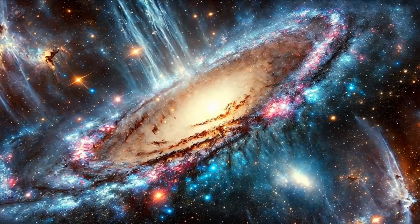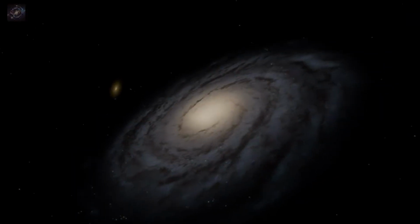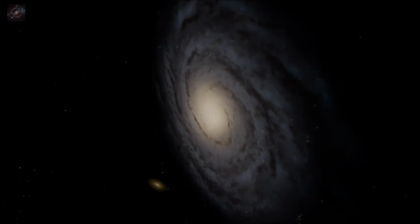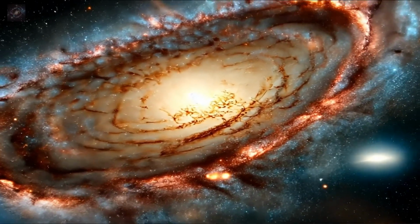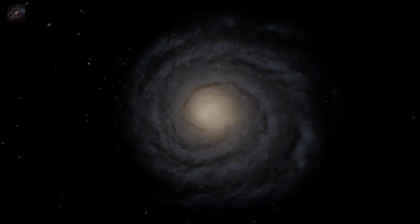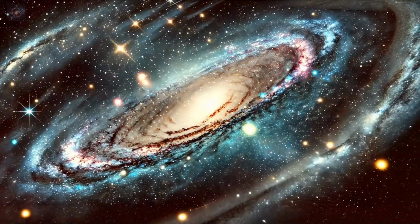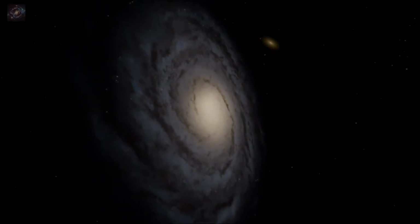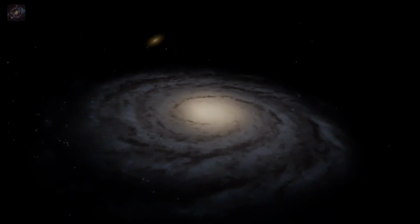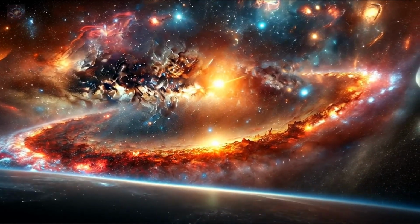spectrum. The older stars in Andromeda's bulge, by contrast, are remnants of the galaxy's early history. These stars formed during a period of intense star formation that occurred billions of years ago, likely fueled by the inflow of gas from the early universe. The bulge's stars are densely packed, orbiting the galaxy's center in a complex gravitational dance. Their chemical composition reflects the conditions of the early universe, providing a glimpse into the processes that enriched the interstellar